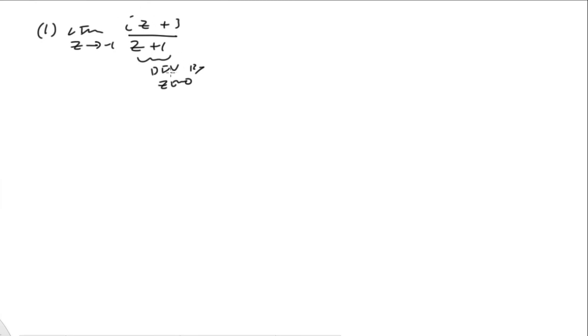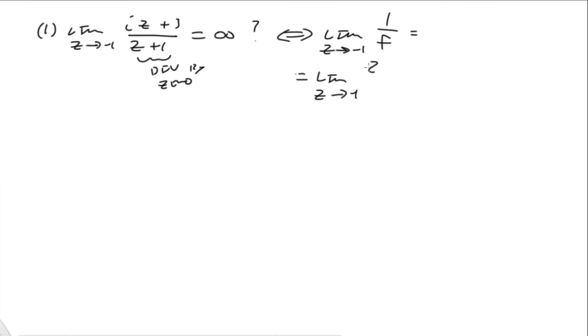And it doesn't appear to be a division by 0 on top. So our candidate, we want to know, is this true? So what we can do is then recast our problem. Limit as z goes to -1 of 1 over f, which is going to be the limit as z goes to -1 of z plus 1